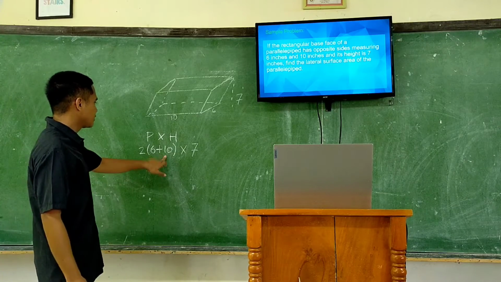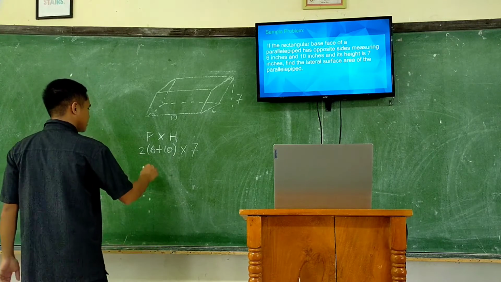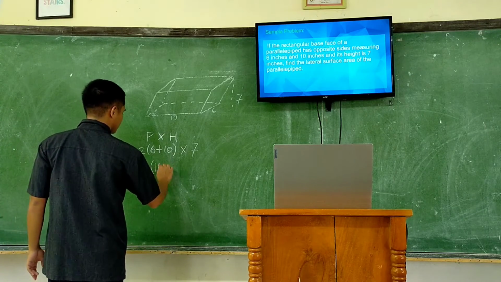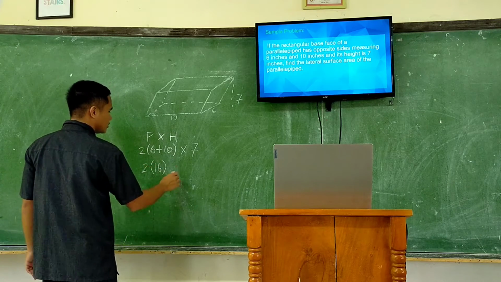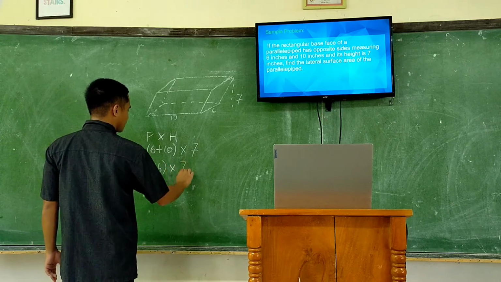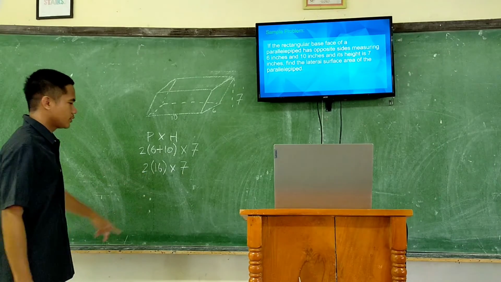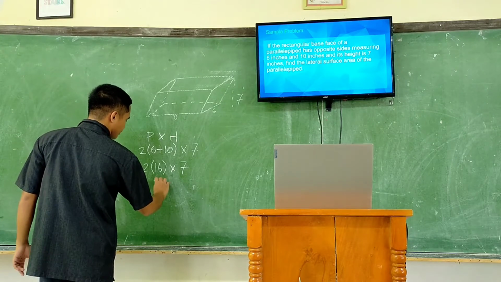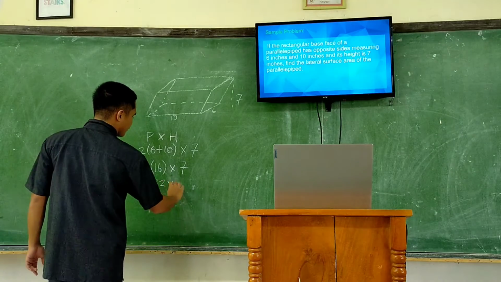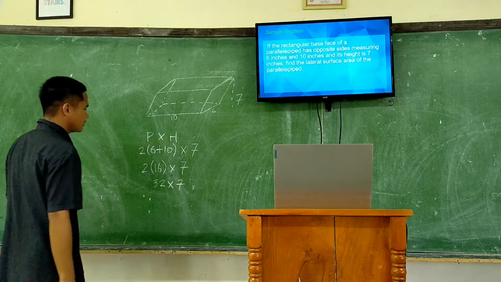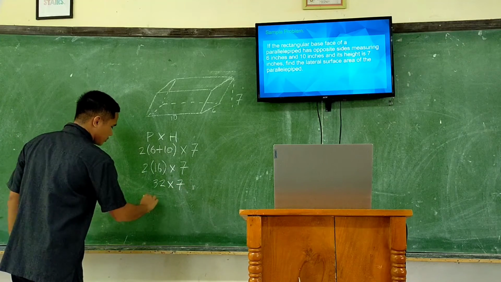So, 6 plus 10, 16, times 2 is 32, times 7 is equal to